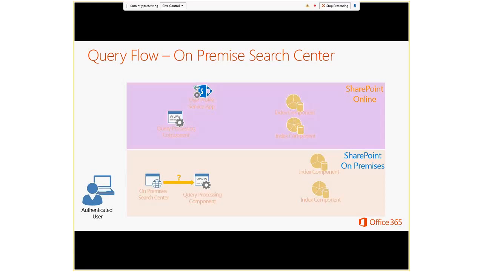However, remember, it has to be an authenticated user, which means we use the context of the user, and that is typically to ensure we have the correct ACL. Okay. And once that is done,